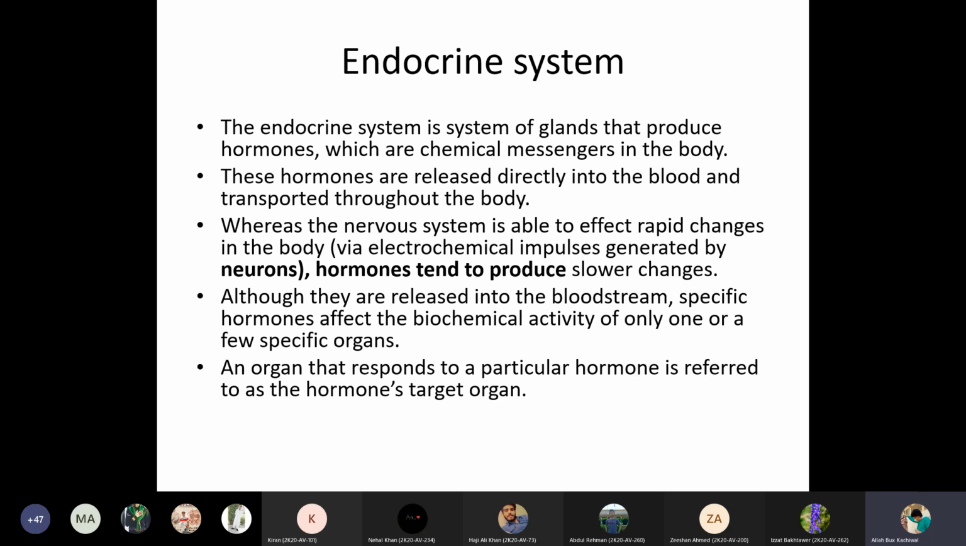So an organ that responds to a particular hormone is referred to as a hormone's target organ. जब कोई भी ऑर्गन किसी भी हार्मोन को रेस्पॉन्ड करता है, उसके मैसेजेस पे एक्ट करता है और प्रोडक्ट या एक्शन प्रोड्यूस करता है, तो उस ऑर्गन को हम हार्मोन्स टारगेट ऑर्गन बोलते हैं। या फिर अगर कोई सेल रेस्पॉन्ड कर रहा है, तो उसको हम टारगेट सेल या टारगेट टिश्यू बोलते हैं।